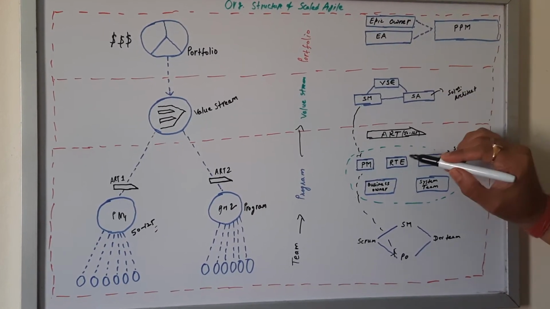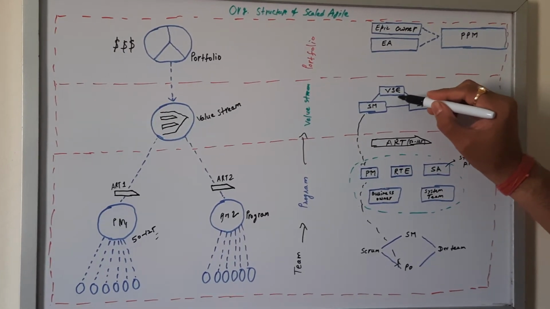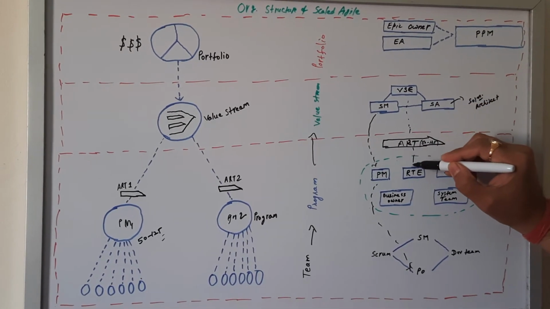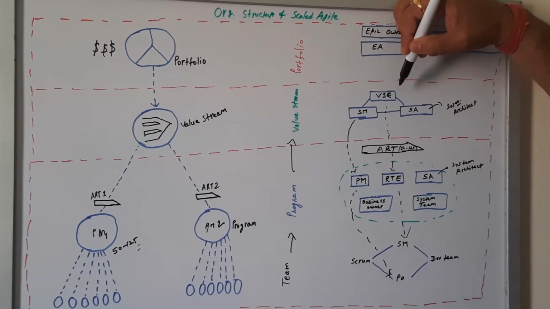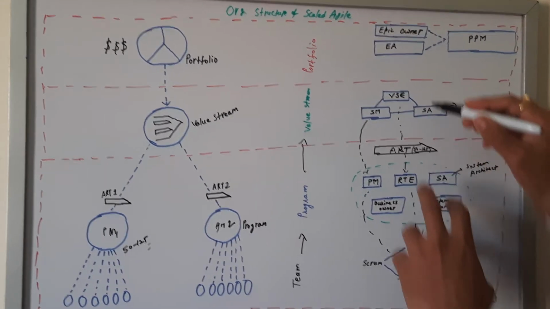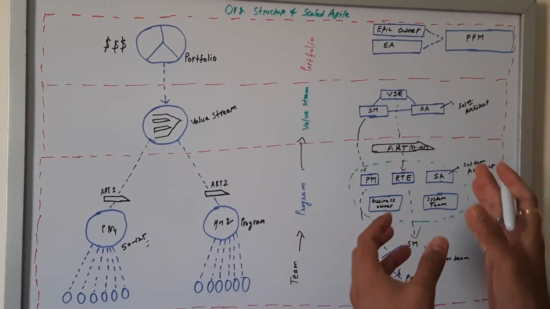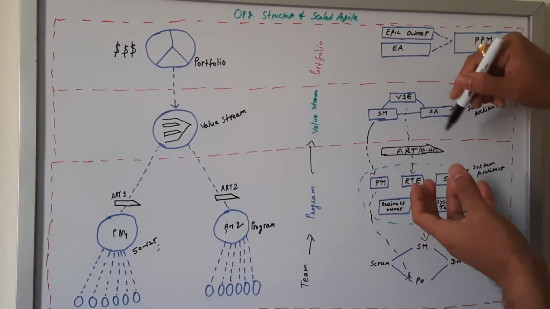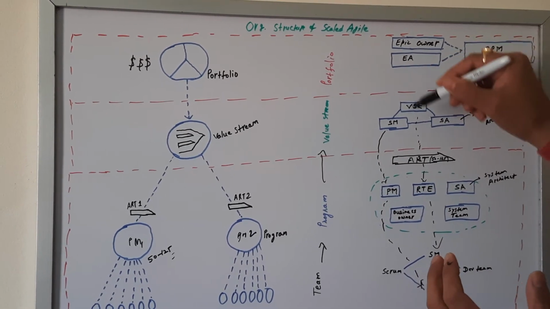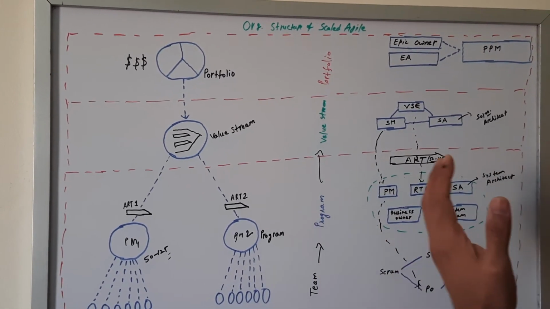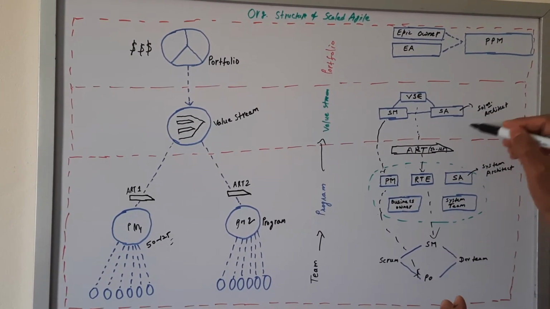Okay, the same way, the VSE is another role, known as value stream engineer. The value stream engineer is the scaled version of the RTE, the release train engineer. So the VSE will coordinate with the RTE, and the RTE will coordinate with the Scrum Master. Basically, the value stream engineer will coordinate with the RTE and facilitate the delivery of all the Agile Release Trains. I will tell you later about what an ART, Agile Release Train, is. For now, the VSE will coordinate with the RTE and facilitate the delivery of each Agile Release Train.